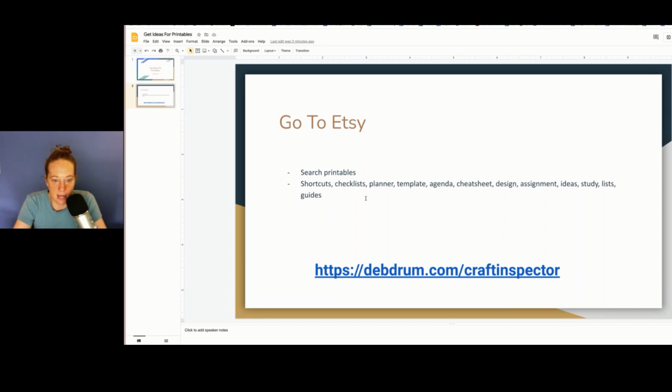Maybe I'm looking for a money saving cheat sheet, something that tells me little things like cut out coupons or don't eat breakfast, don't get Starbucks every day for 30 days, right? Something like that. Okay, so we want to put ourselves in the mind of the customer when we're creating things like this, because the whole point is that we want to make our customers' lives easier